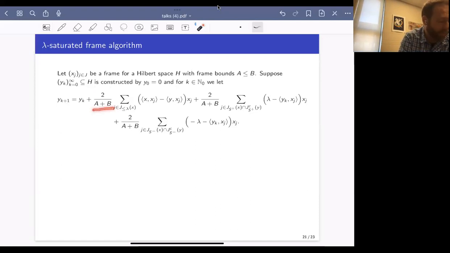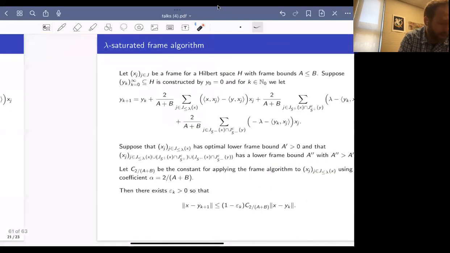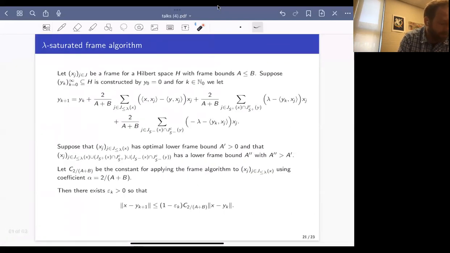This is the best you can do for the starting frame. If I do my lambda saturated frame algorithm with those coefficients, then we have the following. If I look at only the unsaturated coordinates and suppose it has some lower frame bound A prime, and then